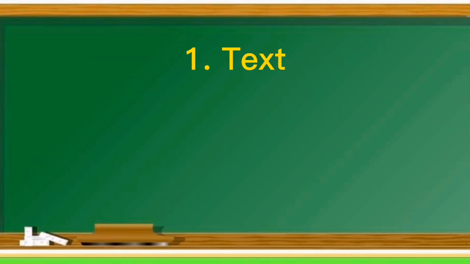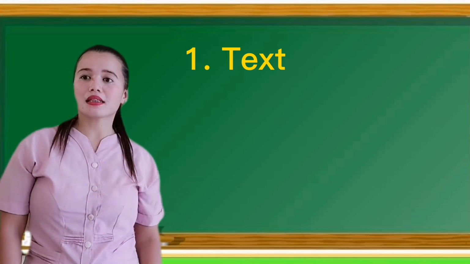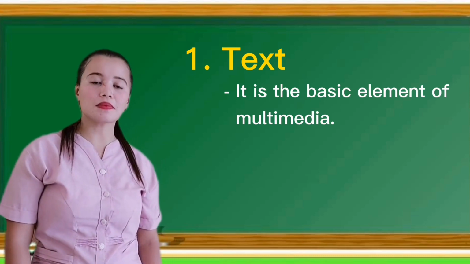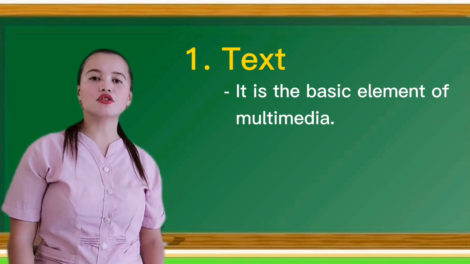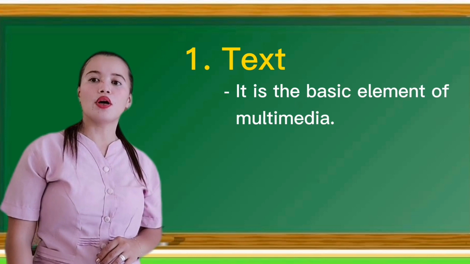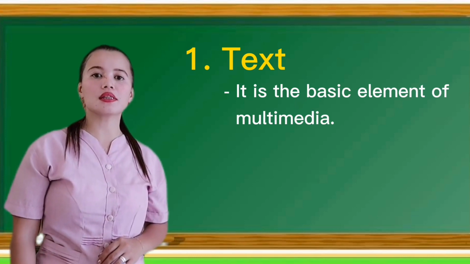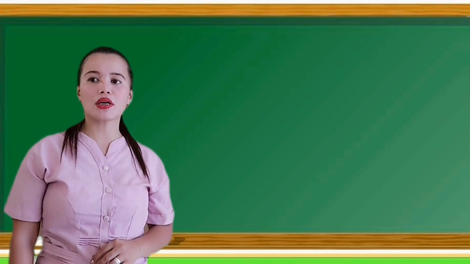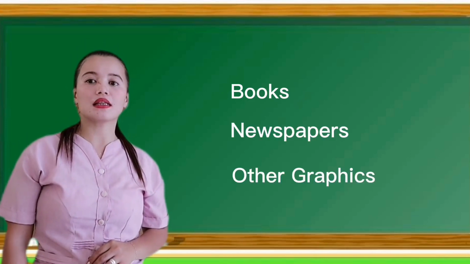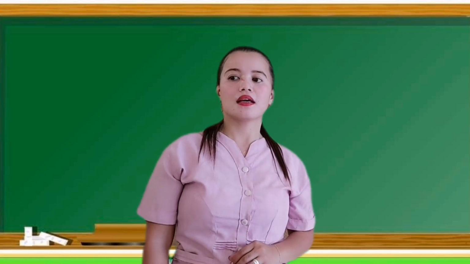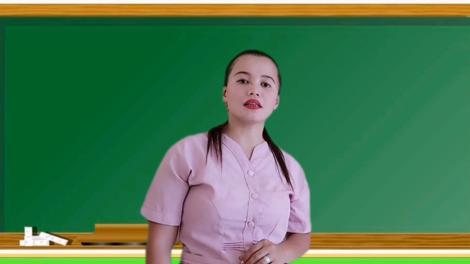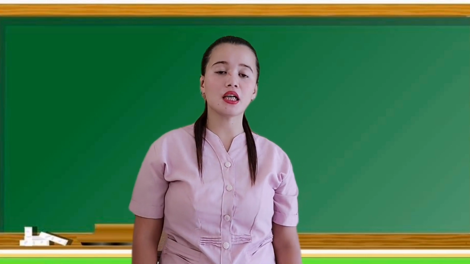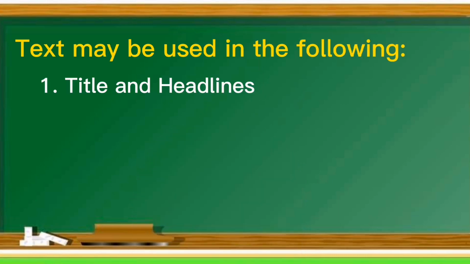Five main elements of multimedia. Number 1, that is text. Text is the basic element of multimedia. It involves the use of text types, sizes, colors, and background color. Text can be helpful where one wants to give clear explanations of something. These texts can be found in various sources like books, newspapers, and other graphics that use alphabets, numbers, and special characters to present information. Text may be used in the following to express and convey specific information: titles and headlines,